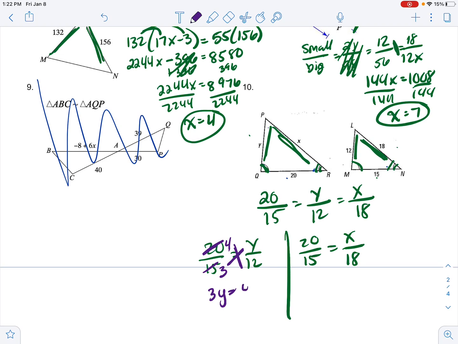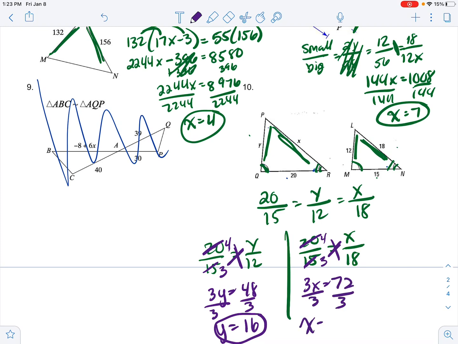I have 3y equals 48. Divide by 3, and y comes out to be 16. And then the other way, I can simplify 20 over 15 again by pulling a 5 out to get 4 over 3. Cross multiply. Divide by 3, and x comes out to be 24. So use those proportions. Remember, similar triangles, congruent angles,